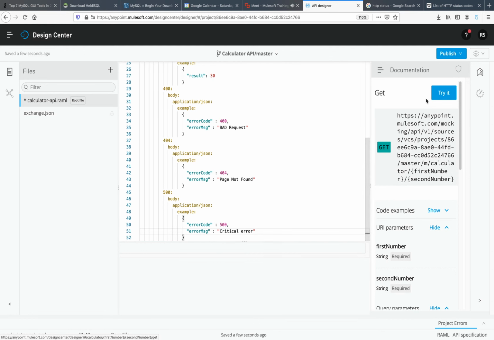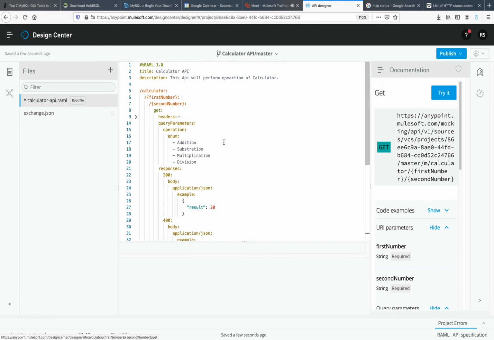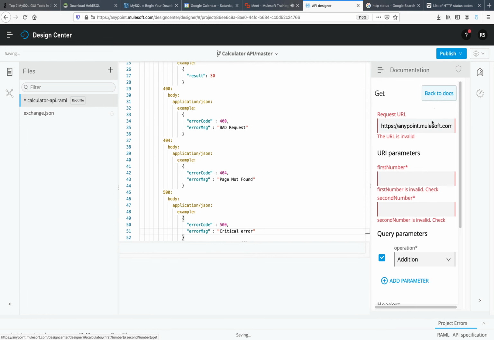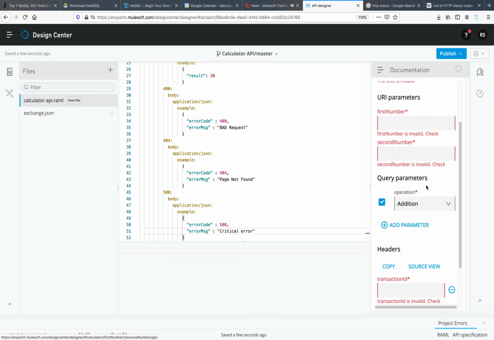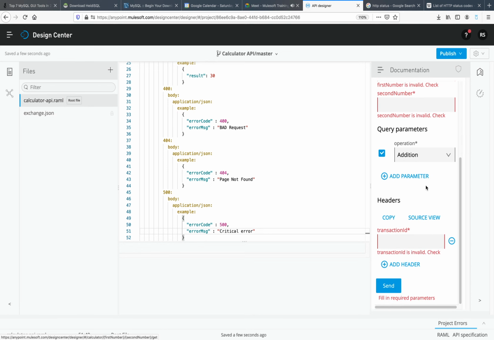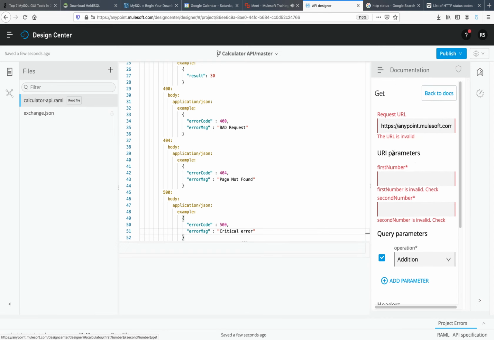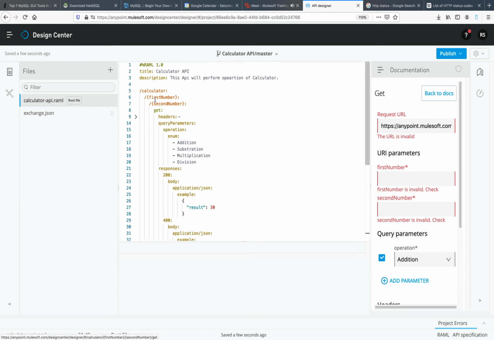Okay, now if you want, you can test this YAML. So you need to select this try it option. After that, whatever things you have defined as required true, you must pass some value. For example, we have defined URI parameters, first number and second number. These two will be required true by default. So I will pass first number 10, second number 20.